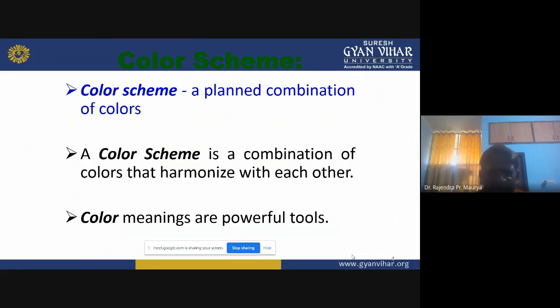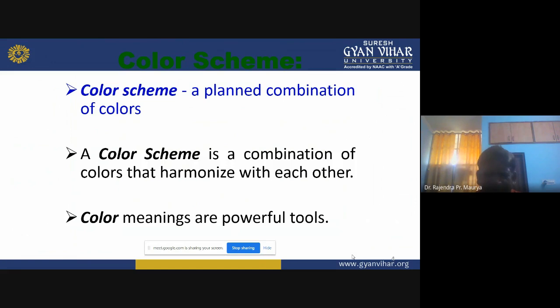In terms of the color scheme, the color scheme is a combination of colors that harmonize with each other. You have seen the rainbow during the rainy season, which I will also show you in the next slides.